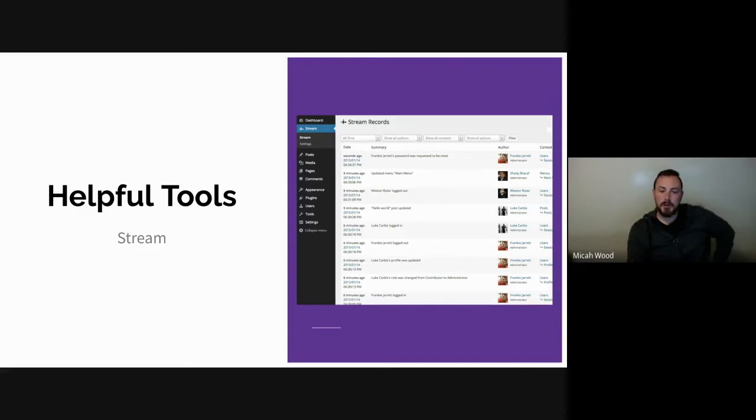And the valuable part of this is, again, if you know the general time frame of when your problem occurred, you can take this log of all the things that happened within that time frame, and you can look at it and say, okay, well, were there any new plugins that we put in? Did somebody edit this particular page or content where we're seeing the problem? So all those different kinds of things can really be helpful.